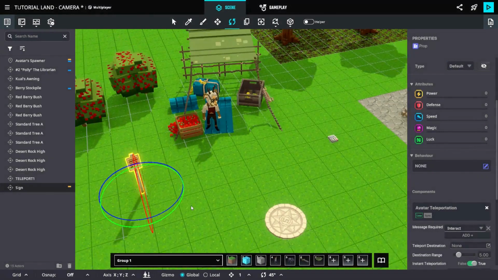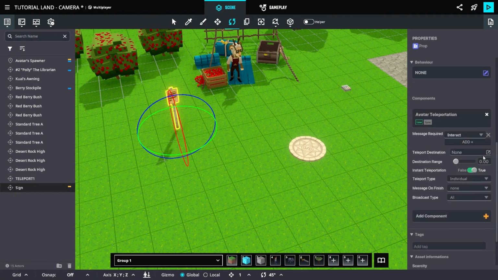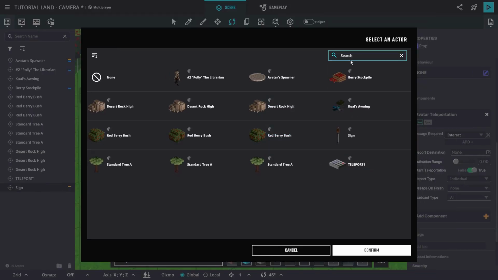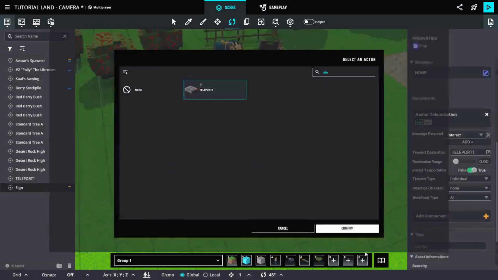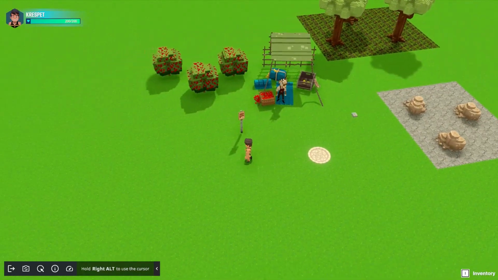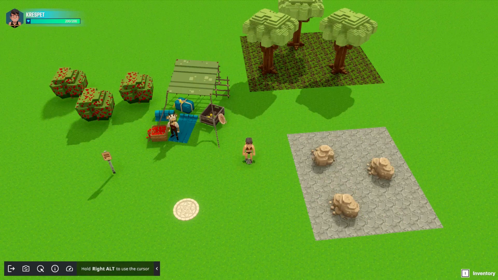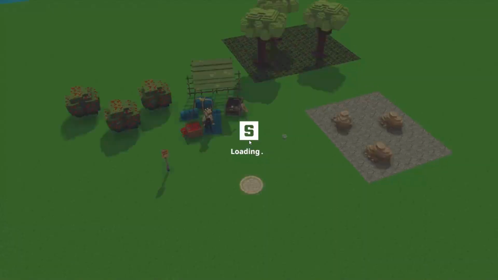Once we have done that, we will not be changing the message required. We will just edit the teleportation range because we want the avatar to be spawning straight on top of the button. And we will choose the object where the avatar is going to teleport to. As you can see, this is the easiest way to create a teleport,